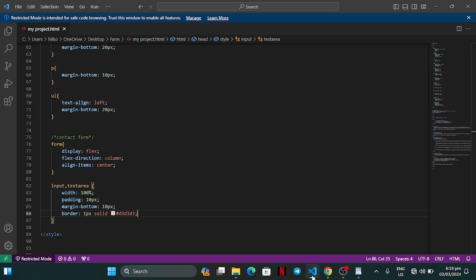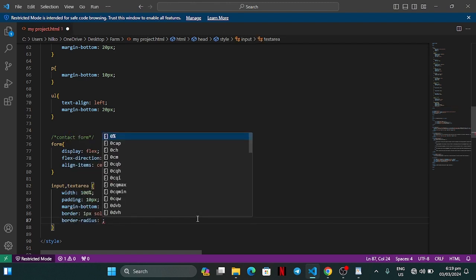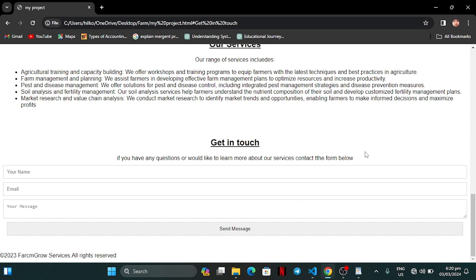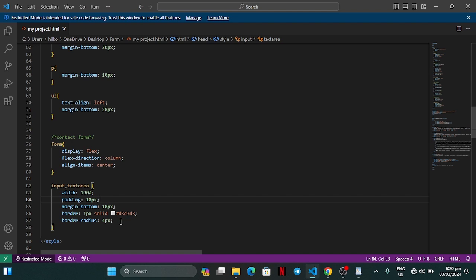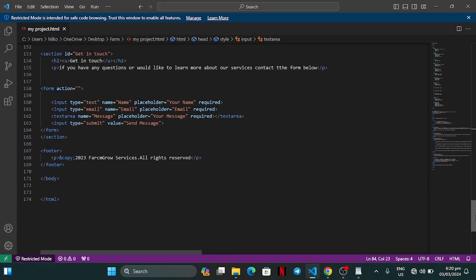Okay, so let's get back to our code. Let's give it a border radius, maybe 10 pixels. Then make it 4 pixels. Save, then you refresh. Okay, so from the border radius, then you go to